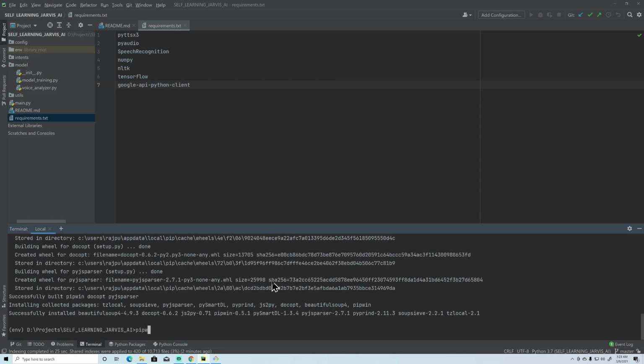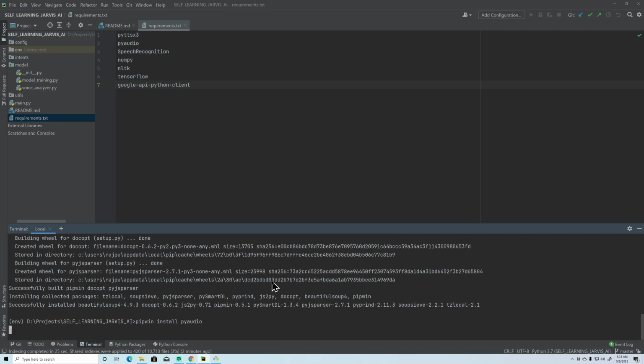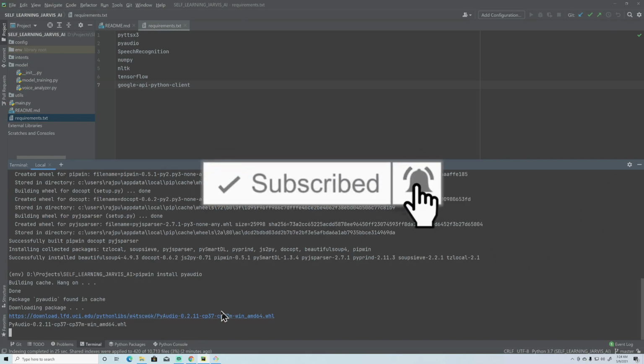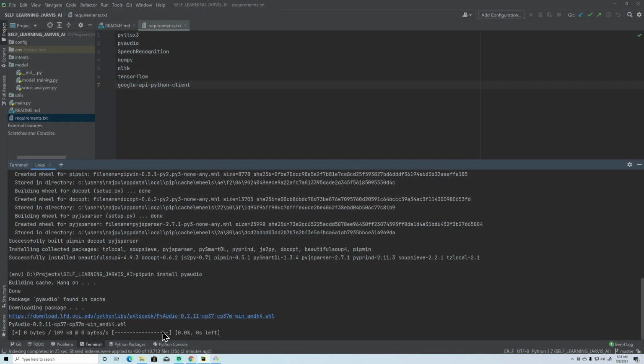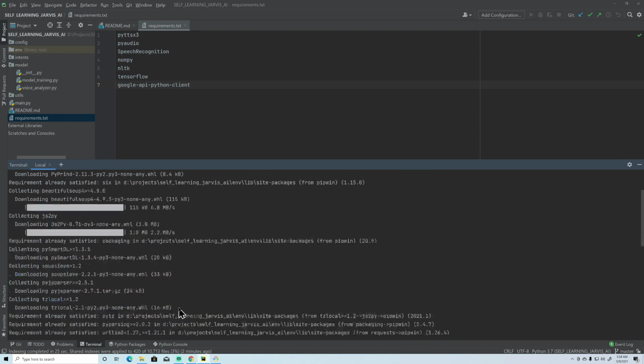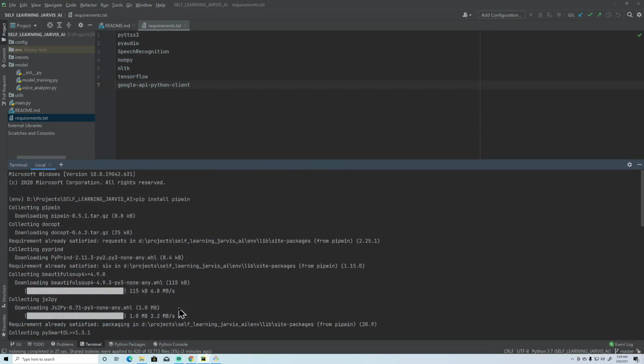Now just hit pipwin install PyAudio, and now it's installing. So yes, it's installed successfully, right? This way, you can install PyAudio if you are not able to install it using the Python interpreter or this requirement.txt file.